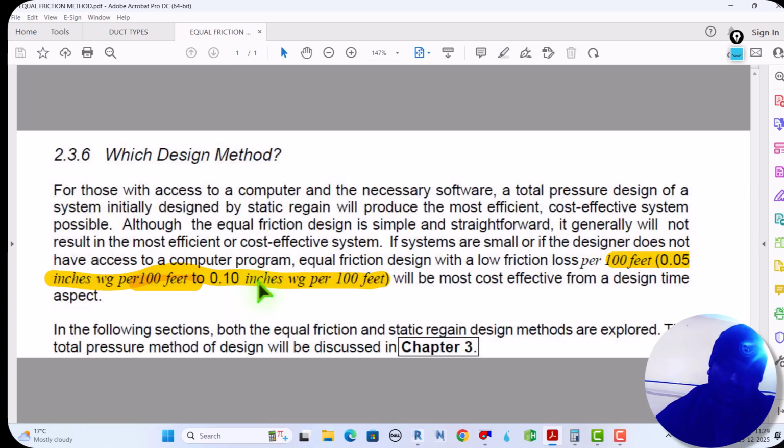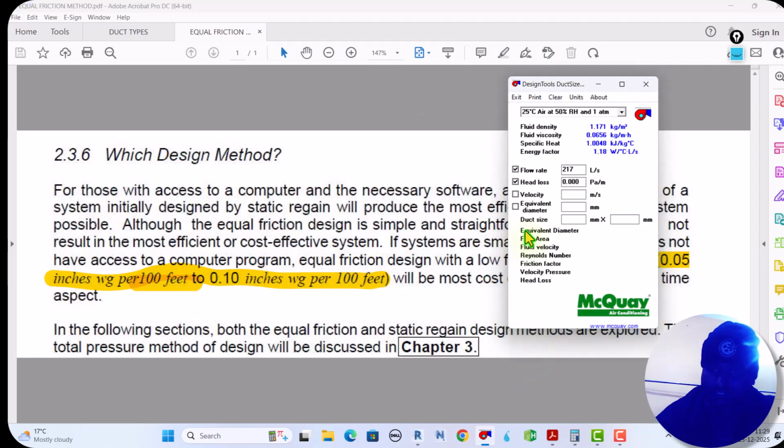But I have the computer program, right? So we have to fix the head loss throughout the system, and then we can size the duct. How? See,